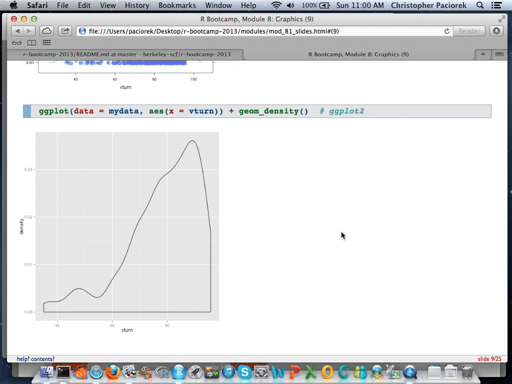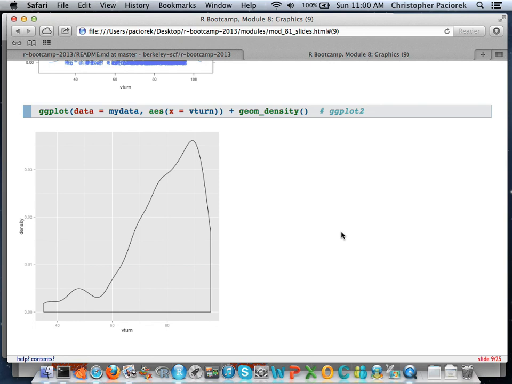ggplot is going to actually do all the kernel density and calculate the other statistics, so you don't have to enter that. So you just say my aesthetic in this case is just the X, and it's my voter turnout value. Now, if we just entered that, ggplot would say, okay, that's great. So what do you really want me to do with this? I know you want something with this X here, but I'm not 100% sure. So you have to specify one more thing